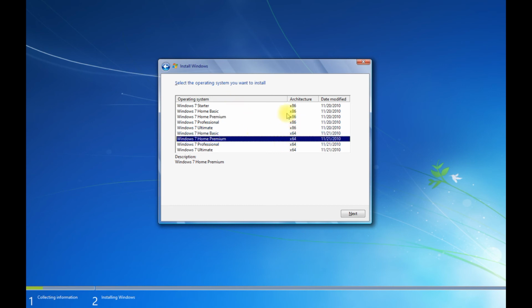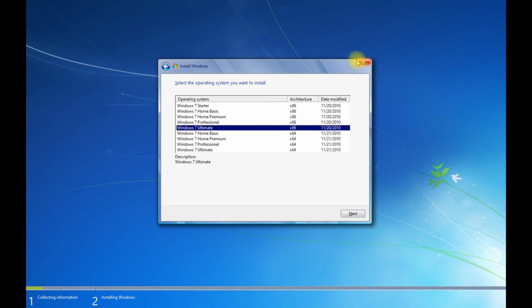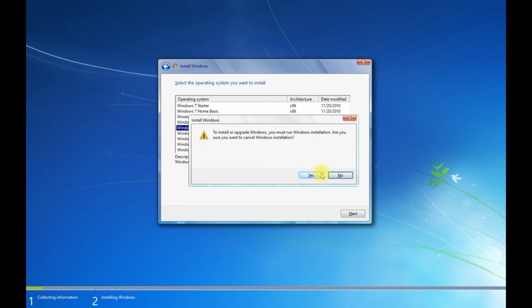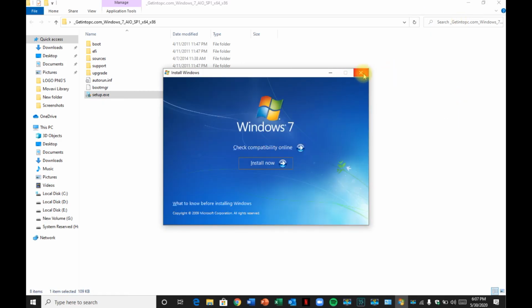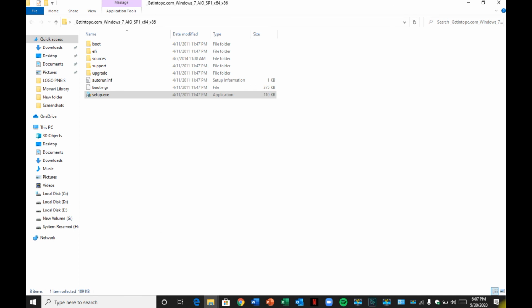After you choose whatever you want, it will go to the installation tab. If I click on it, it will install on my Windows 10 PC. I don't want to do that, so I'm exiting from the setup. When you want to install, you can install it. So I'm exiting it. When you're installing, you should click on next. It will show you the instructions on what to do next.